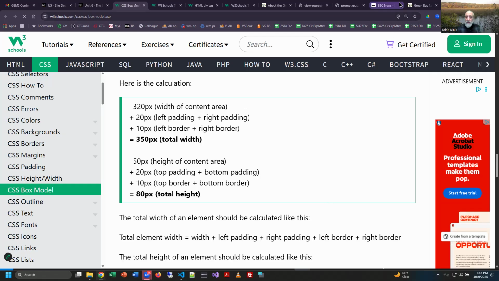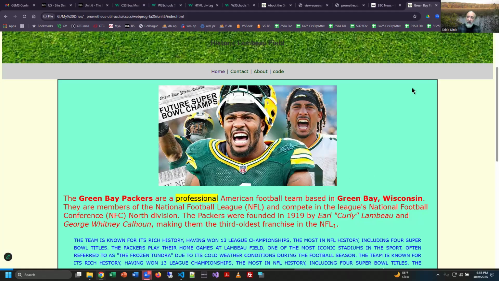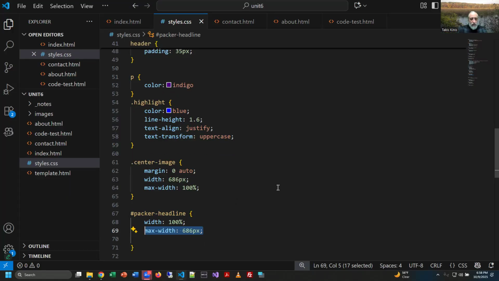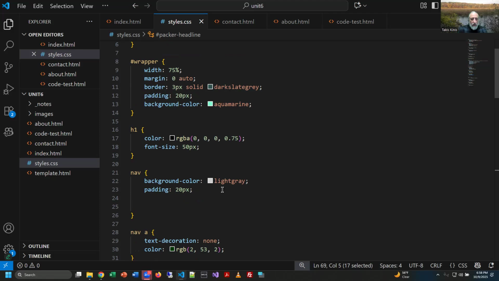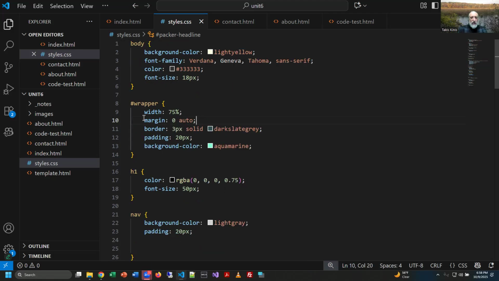So right now, as I look at my page, here's the thing I noticed. This box at the top is touching my nav, and I'm not sure I like it. Kind of a personal choice once again. If I want to increase the space at the top, I can do that once again on the wrapper, and I have a margin 0 auto, but I can also apply to the nav